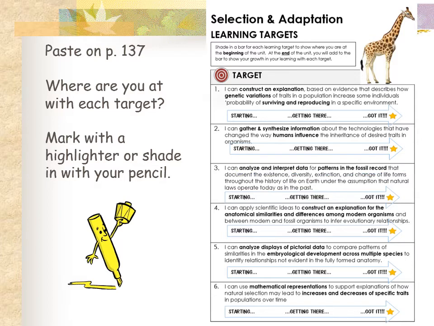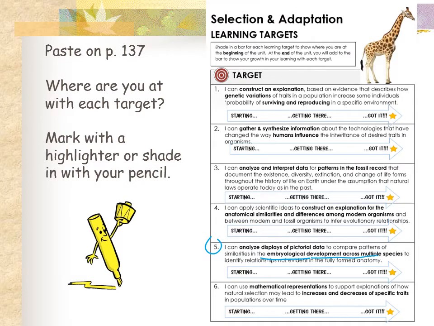Okay, 4th on the list, explaining anatomical similarities and differences among organisms to see how they are related to each other and connected. So there's something called homologous structures that you'll be learning about, and that's what that is. If you already know what that is, then you can mark yourself farther, but probably you're starting that one as well. And then 5th is looking at